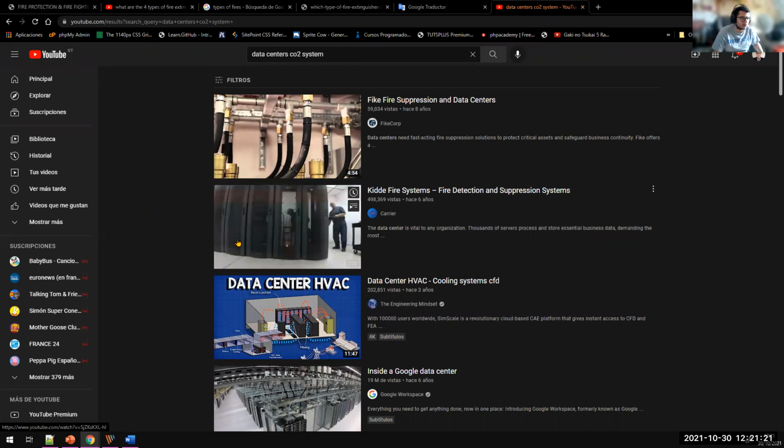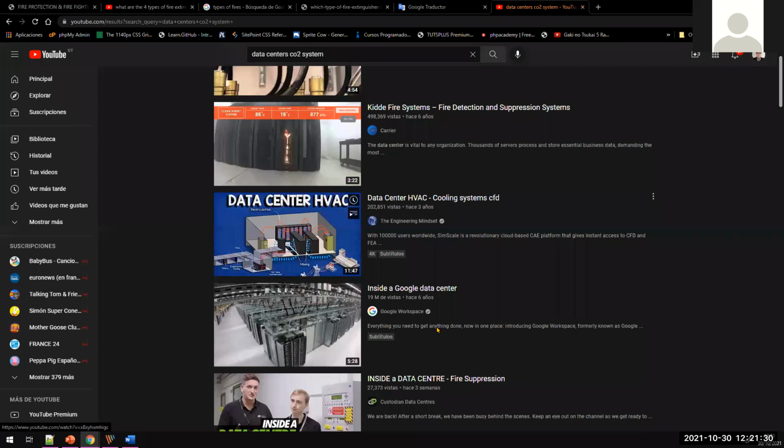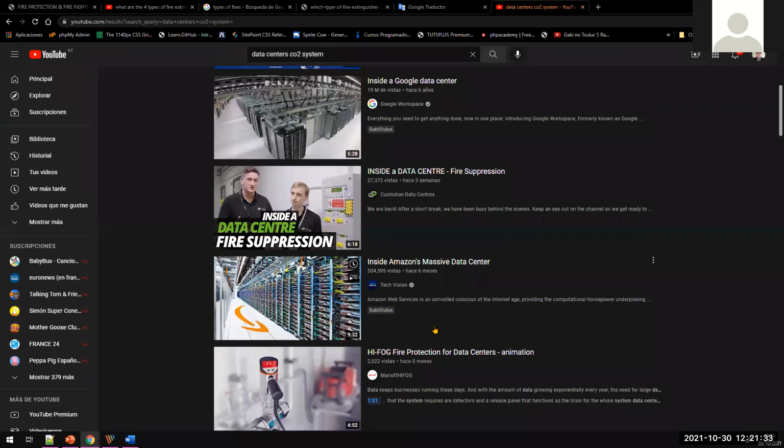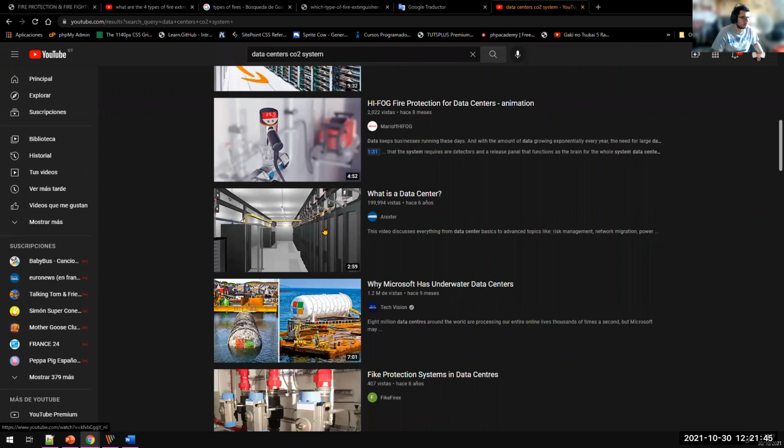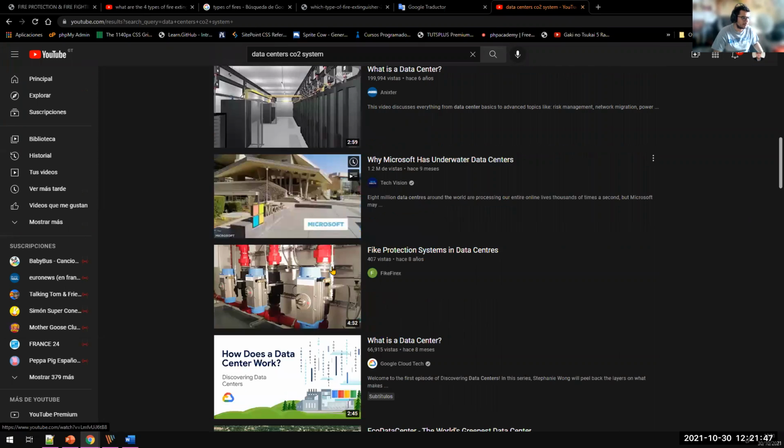Of the CO2. Let me have this, KITA, fire detection, suppression inside Google Data Center. These are the data centers. Look at this. All the computers are there to ensure that we stay connected. Massive, really massive